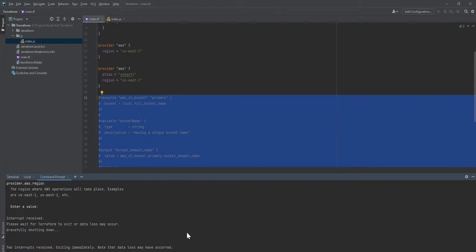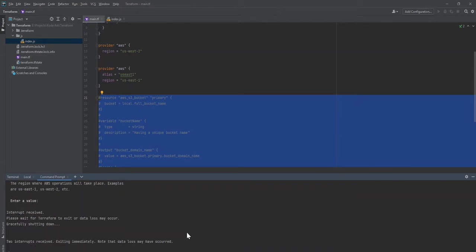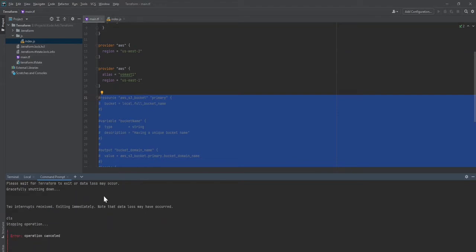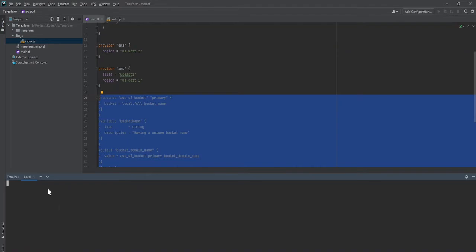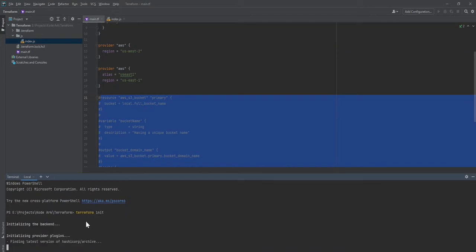Let's close it out. I'll get the new console open. Run Terraform init just to make sure everything is already up to date.